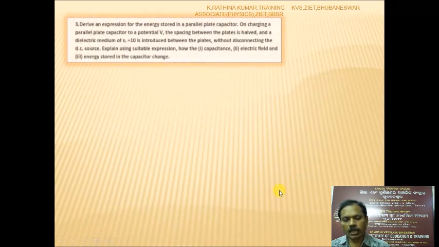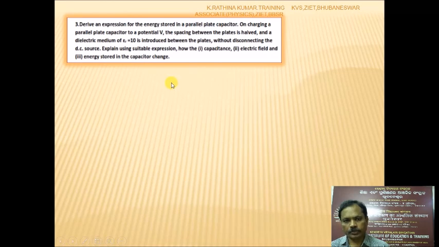Then we can go to the next question. Derive an expression for the energy stored in the parallel plate capacitor. On charging a parallel plate capacitor to a potential V, the spacing between the plates is d, and an electric medium of relative permittivity epsilon r equal to 10 is introduced between the plates. Without disconnecting the DC source, explain using suitable expressions how the 1. capacitance, 2. electric field, and 3. energy stored in the capacitor